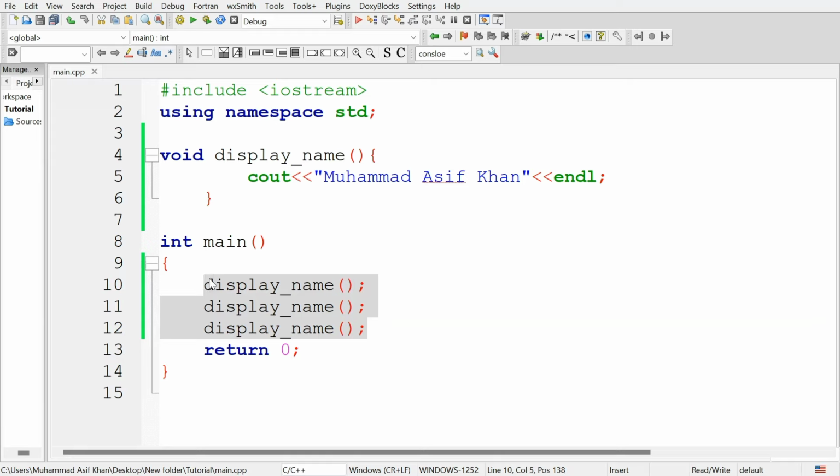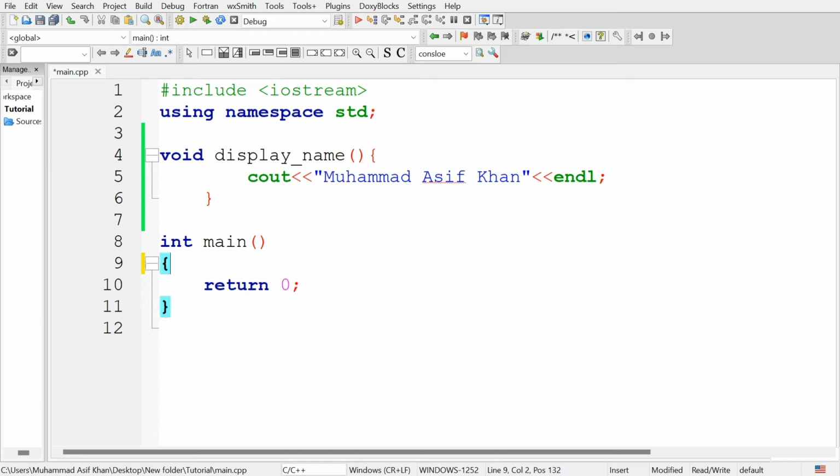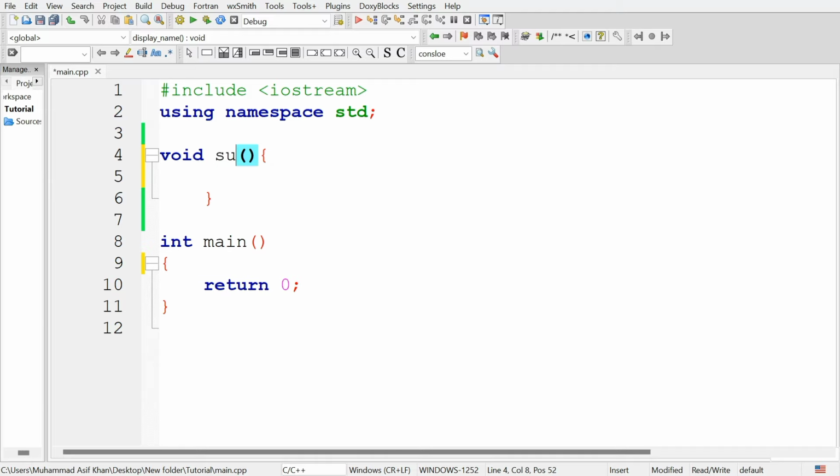Now let's create another function that will calculate and display the sum of two numbers. So name the function sum, and give it two parameters, int a, this will be a variable, and there is another variable b.